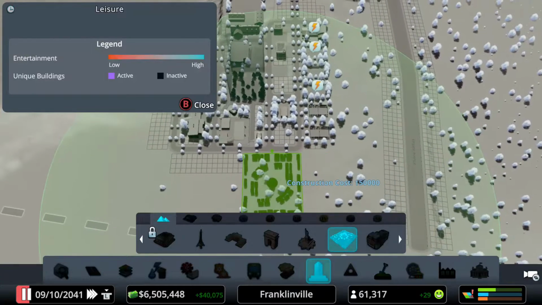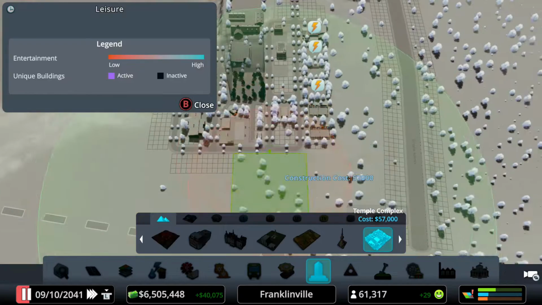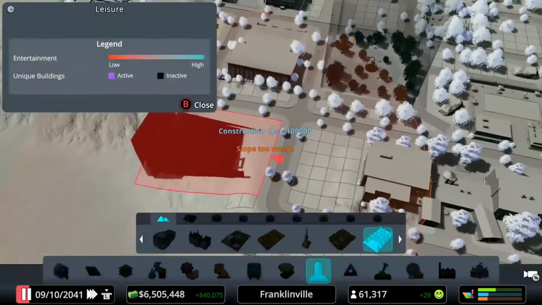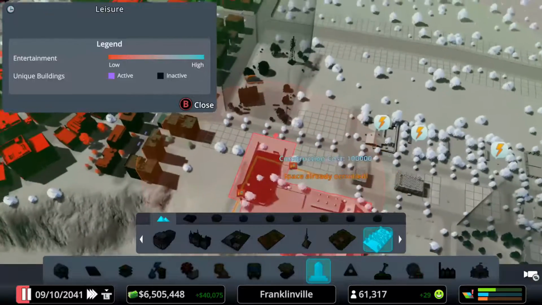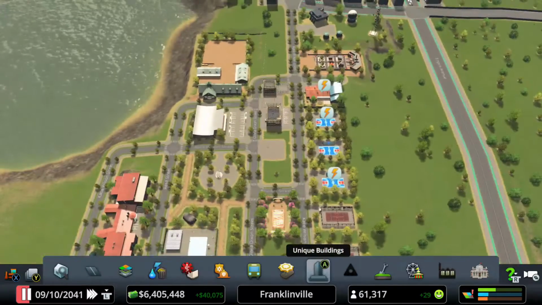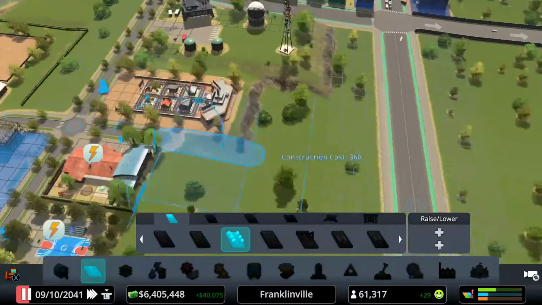What about the winter park? No, that's huge. It's kind of hard to figure out. No, Temple. Traffic park. Oh, if I could fit that, that would be perfect. No. I can fit that right there. Awesome. All right, so what I'm going to do now is some detailing, and we'll move